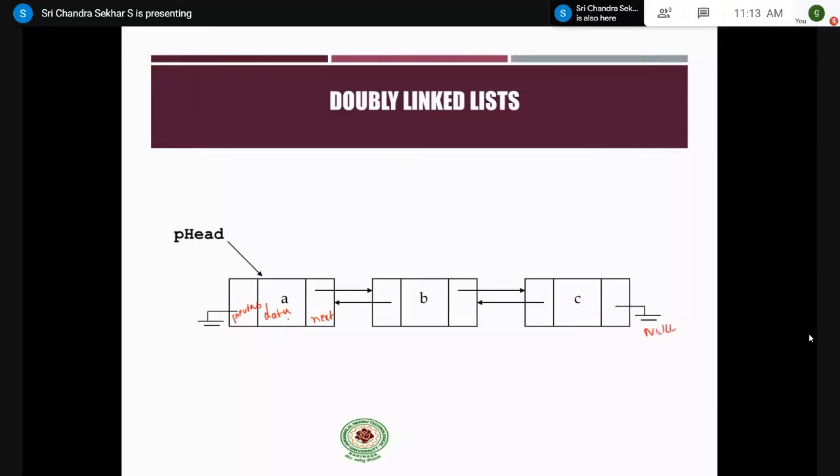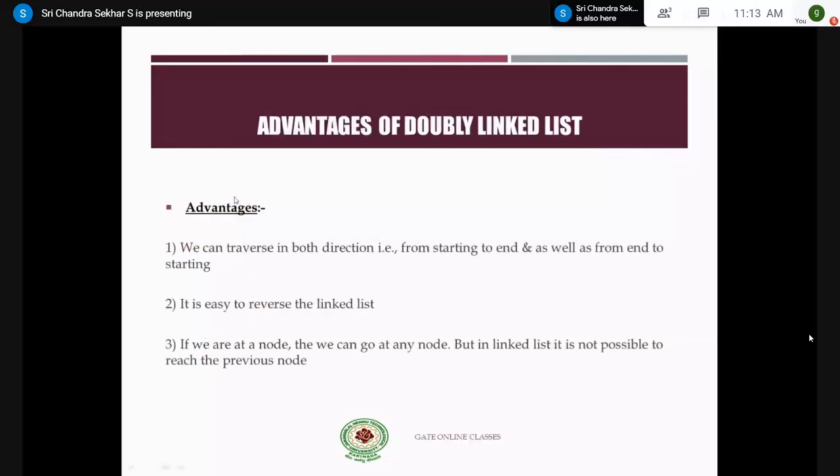Similarly, the previous link of the first node is also initialized to null. And the address of the first node is always stored in a special node which is called the head node or header node, right? Now coming to various advantages and disadvantages.